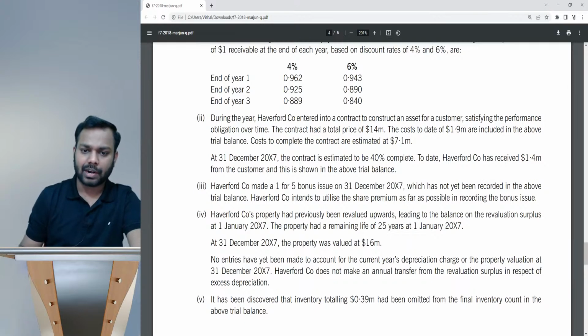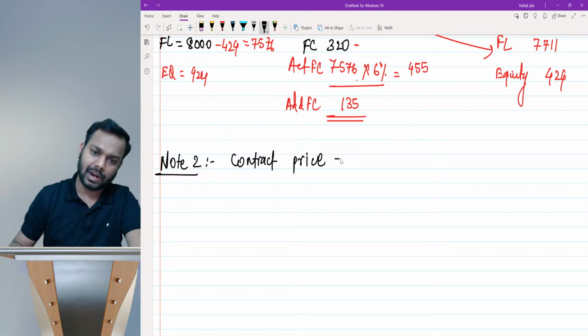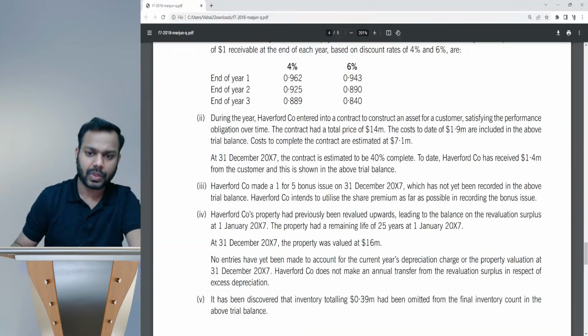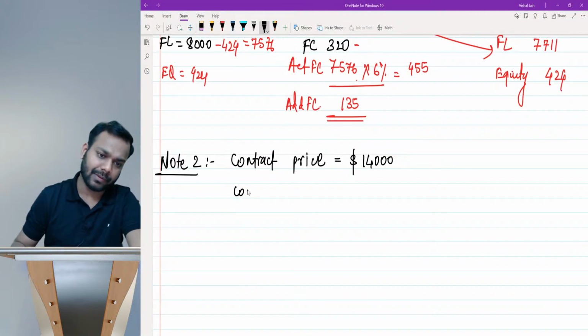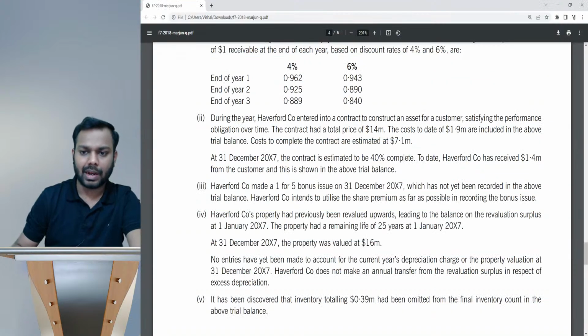The total contract price is 14 million. So you can write here contract price is $14,000. Costs incurred till date is $1900,